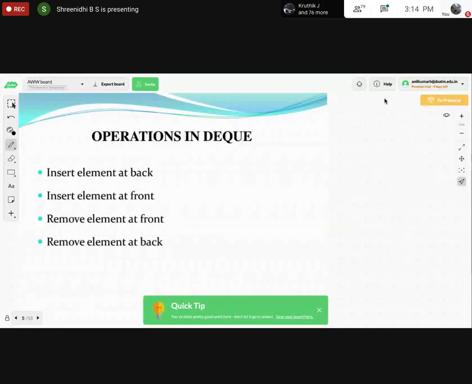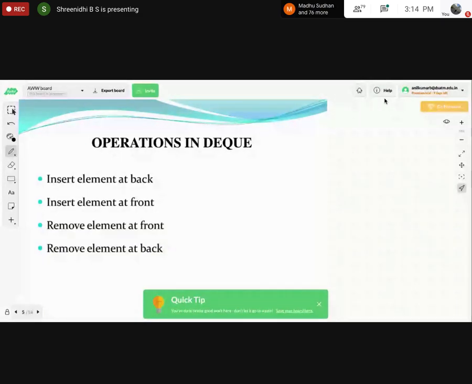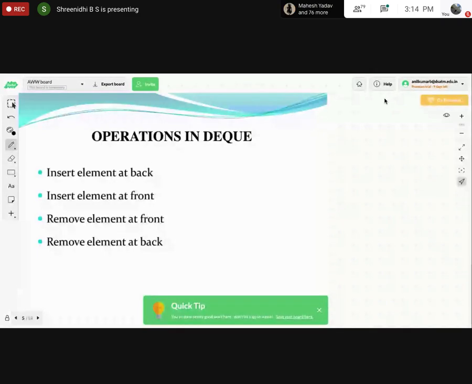What are the various operations performed on a queue? This is about DQ, what I gave here. General operations performed on a normal queue. Yes? No reply?